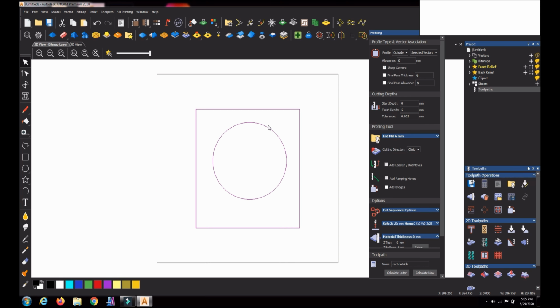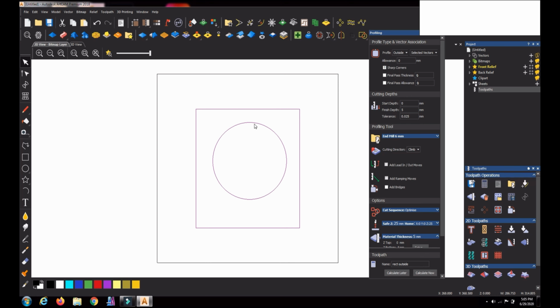Okay, so the concept is this. This is the material. For this material, this side and this side is outside. For the circle, only if you are taking, this is inside and this side is outside. For the rectangle also, if you are taking only the rectangle, this side of the rectangle is inside and the right side of the rectangle is outside.